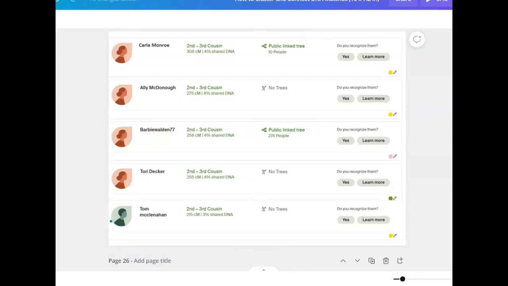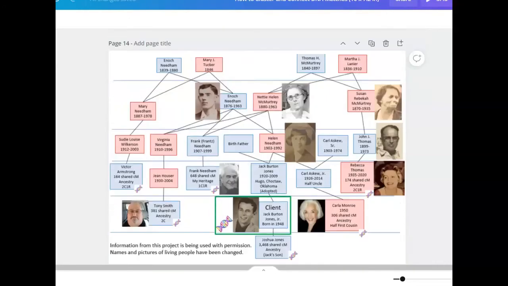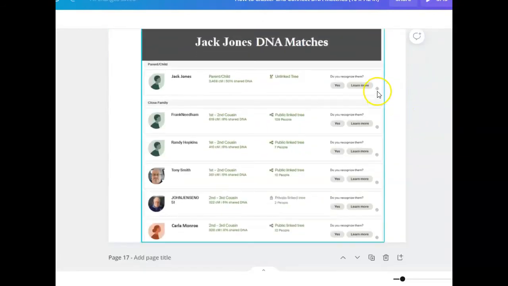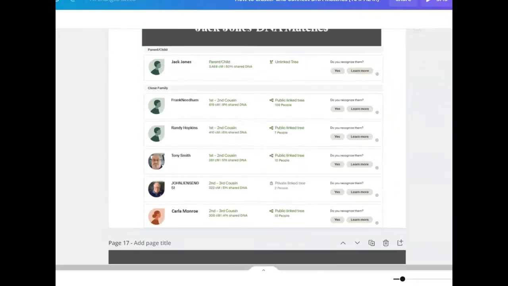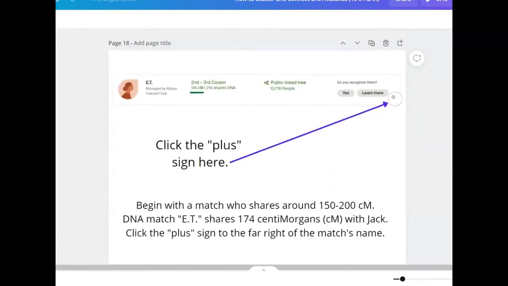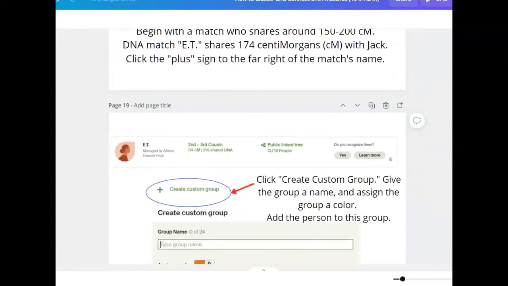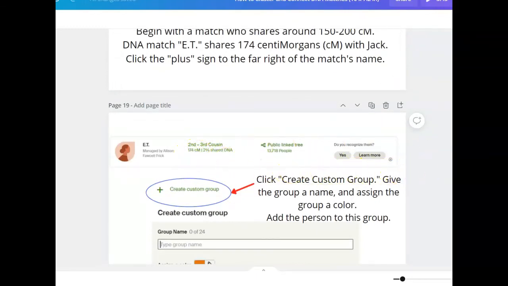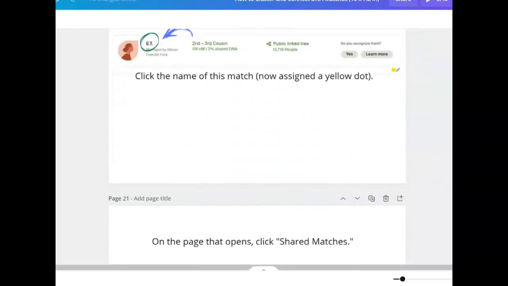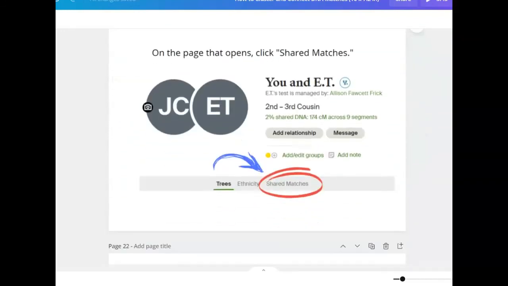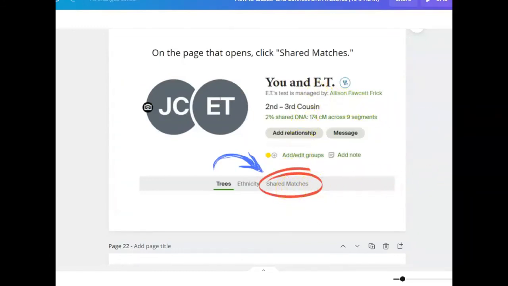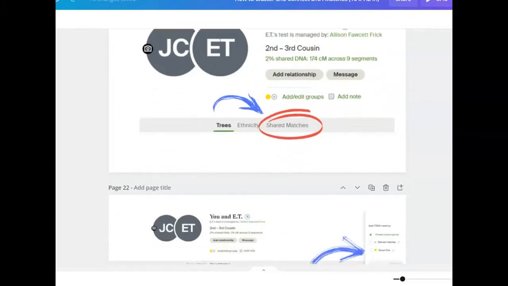So a recap from this short video that we just did. All right, you're going to look at your DNA matches. You're going to click and assign someone a color. You want to do it with someone between 100 and 250 centimorgans. So we started with ET, because she had 174 shared centimorgans. We assigned her the color yellow, and then we clicked on her name, which opened a new page that says You and ET, and we clicked shared matches, which showed all the matches that Jack, the client, shared with